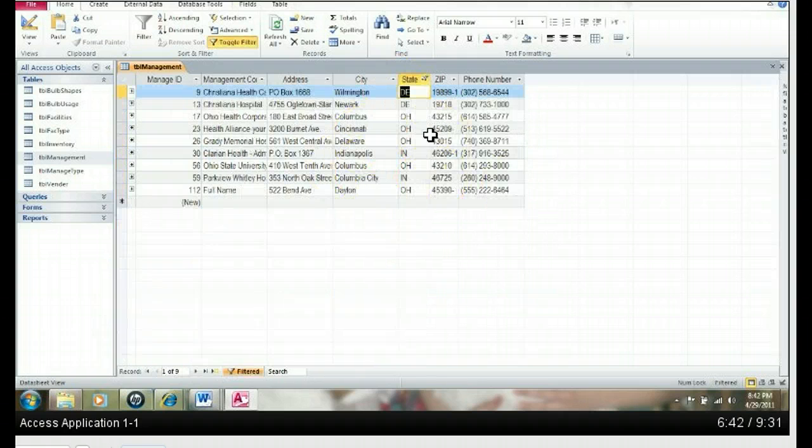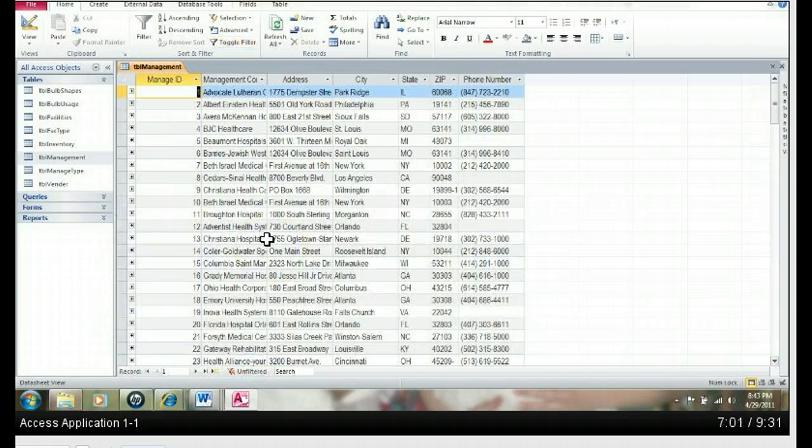Okay, it's smart enough, it pulls up what you want. Now you can start seeing the benefits of what all these tables do and how to manipulate the data so you get what you want. Down here now you're going to see it says filtered and then unfiltered. So let's go back to unfiltered.